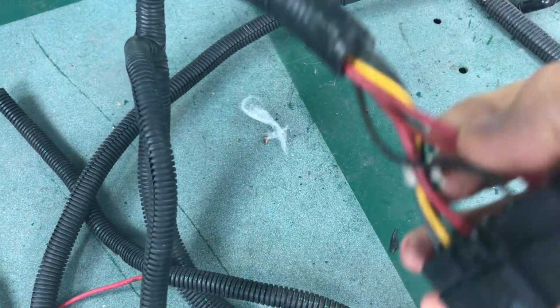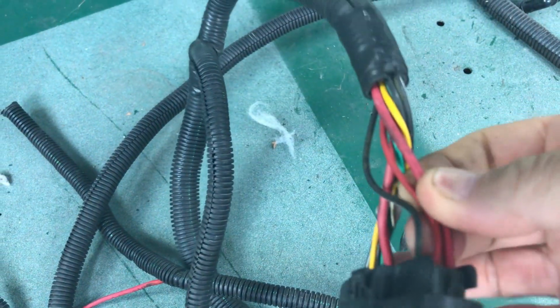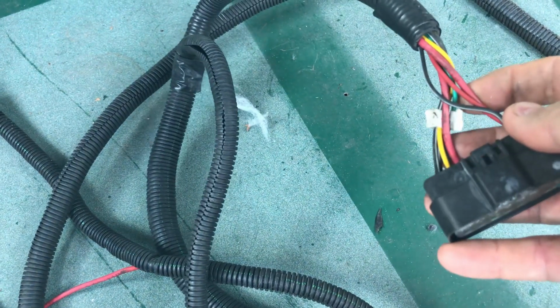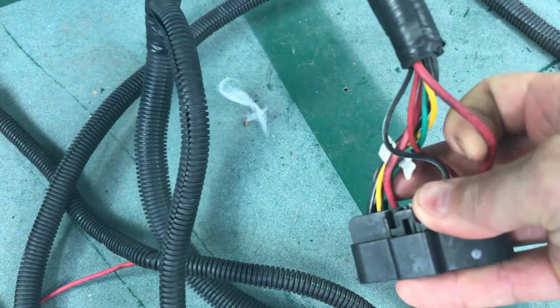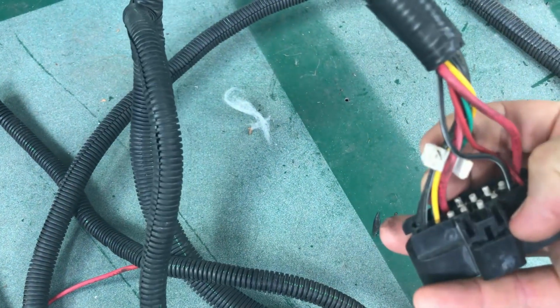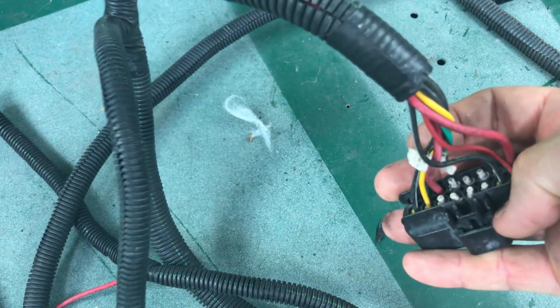And this little red wire is called the wake up, to wake up the computer. I guess it gets, I don't know, when you go to crank or something. Maybe this is not a power supply. I'm going to have to go check. I got literature on this. But anyway,